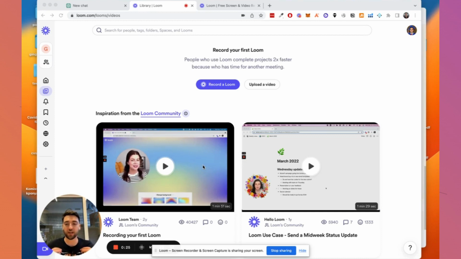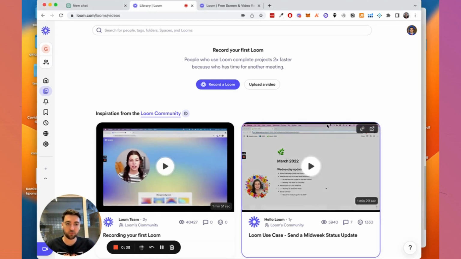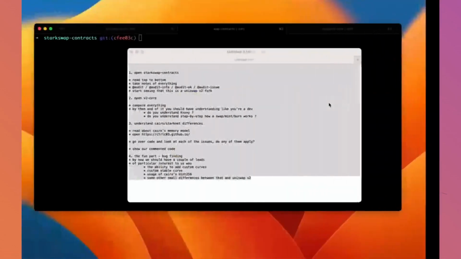So for that, I've got my StarkNet t-shirt here, I've got my crypto coffee mug, and I think we're ready to audit. So let me, first of all, exit this Loom screen and go over to where I do the